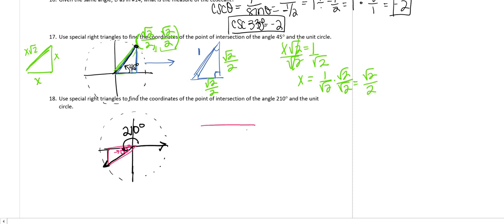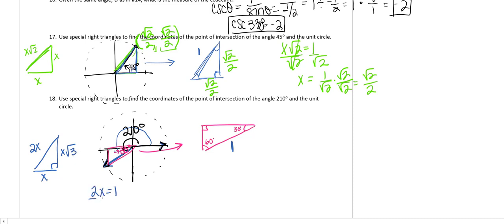So let's actually pull this triangle out. There's my right angle, and I know that if that's 90 and that's 30, we have 60 degrees right here. The other truth that I have is that I know that my hypotenuse is 1 because my hypotenuse is literally just my radius being swung around to create that 210 degree angle. I also know that my 30, 60, 90 triangles, the ratio that we learned way back in the day, is going to be x, 2x, and x square roots of 3. Now if I know that 2x has to be equivalent to 1,